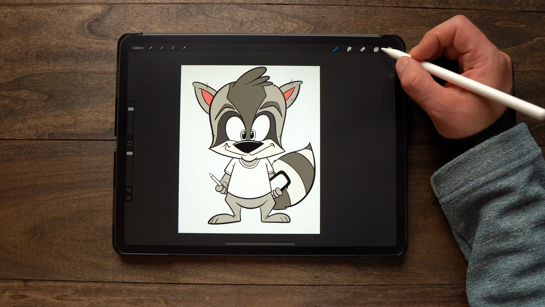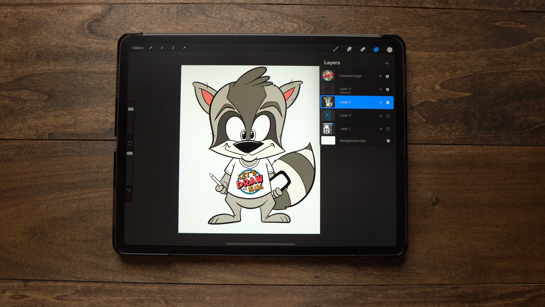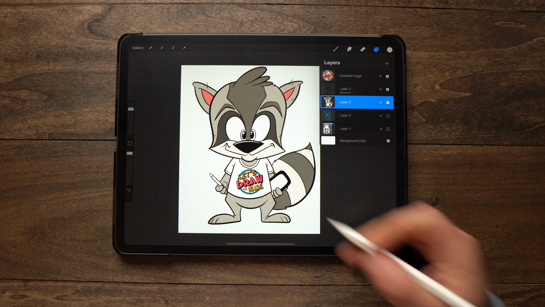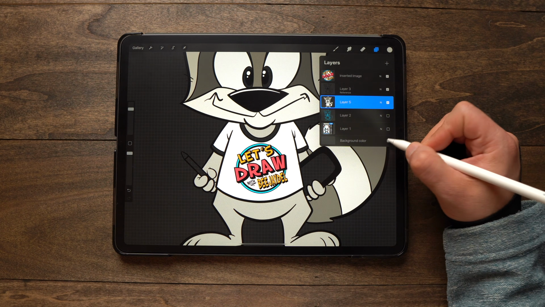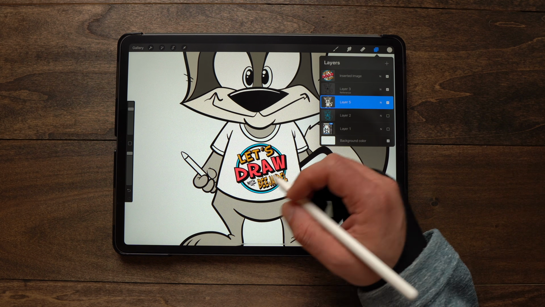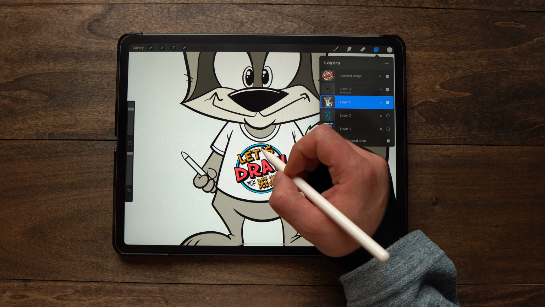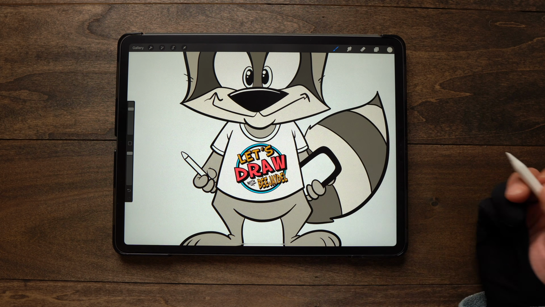So next up, let's go ahead and turn on the logo here. This is going to help me kind of decide what colors I want to use on the shirt for the ringers. I think just leaving the shirt white's the way to go. I've already got that filled in, but the ringers are going to be different colors. So here I want them to tie into the logo. So we're left with three choices. We can either go with the blue, we can go with the yellow, or we can go with that pinkish